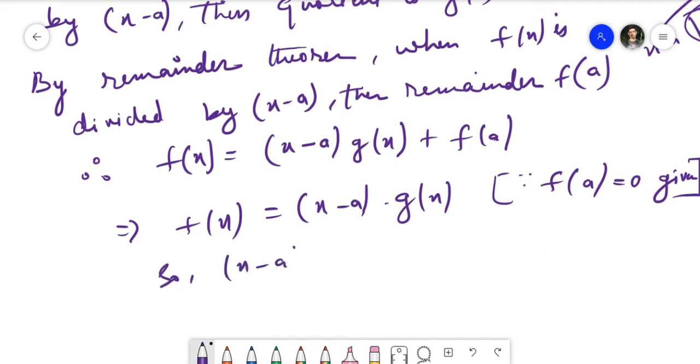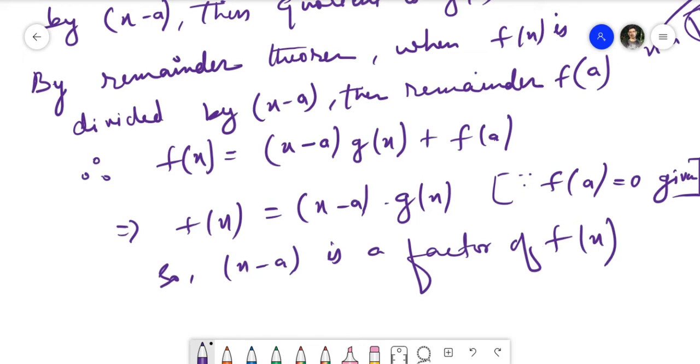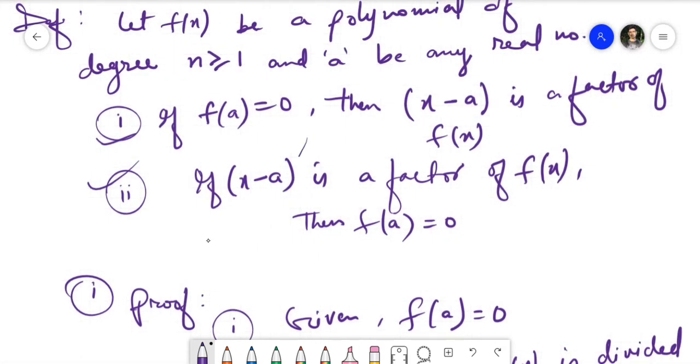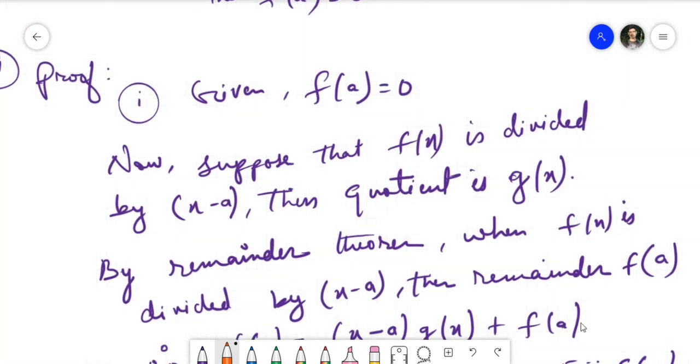So x minus a is a factor of f of x. Is this easy for you? देखो हमने कुछ किया नहीं है, ऑलरेडी क्वेश्चन बुक में ही मतलब ये नोट्स में ही दिया हुआ है, नंबर 1 पॉइंट पे ही दिया हुआ है, देखो f of a is equal to 0 दिया हुआ है ना, तो अगर 0 दिया हुआ है तो हो गया, बस इतना ही। अभी नंबर 2 ट्राई करते हैं इसे करने के लिए, ठीक है। So let's try this one, x minus a, अच्छा